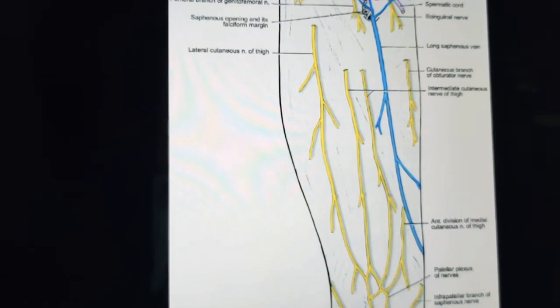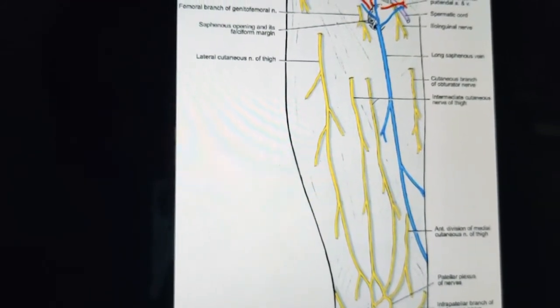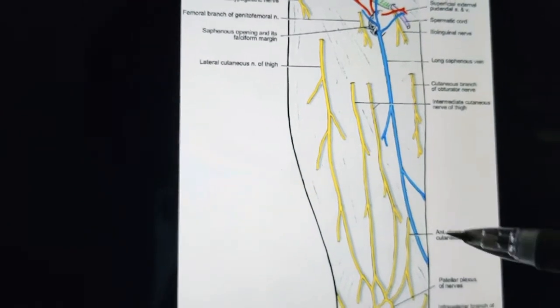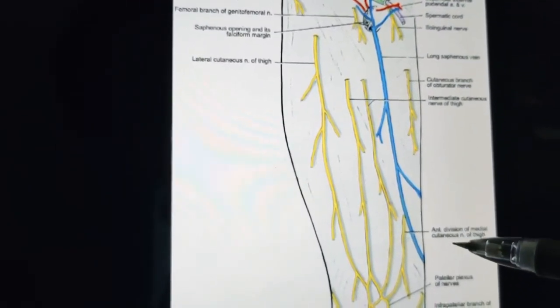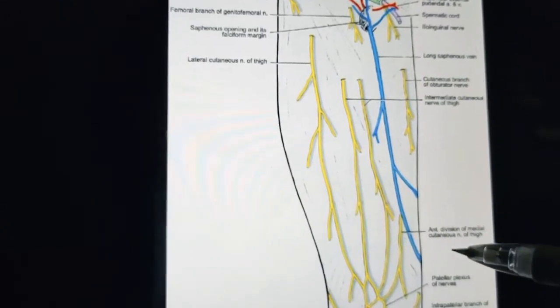So next, before piercing the cribriform fascia, it receives three named tributaries. So it receives three tributaries corresponding to three cutaneous arteries and also many unnamed tributaries. So it mainly contains 10 to 15 valves which prevent backflow of venous blood, which tends to occur because of gravity. One valve is always present at saphenofemoral junction. That would be here, saphenofemoral junction. Incompetence of this valve makes the vein dilated, tortuous, leading to varicose veins.